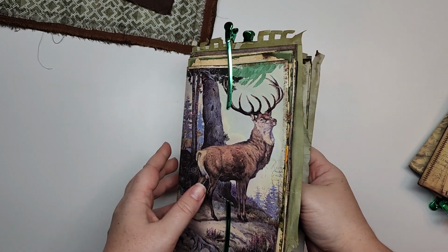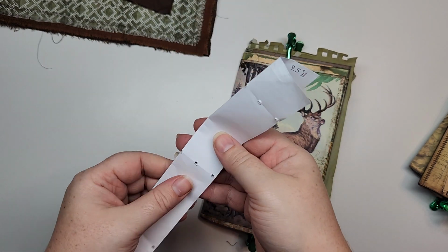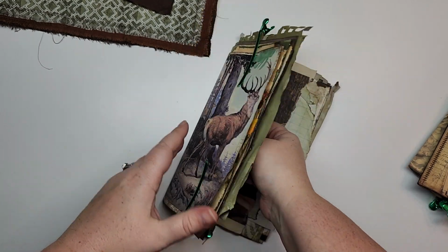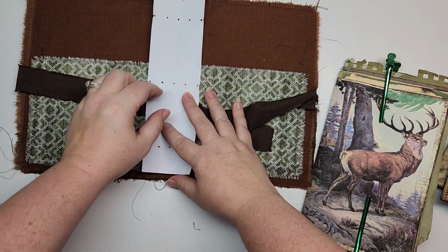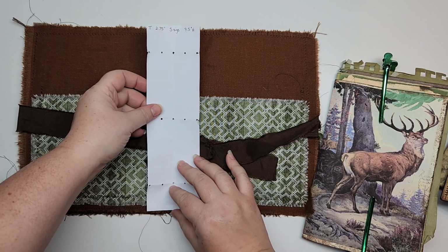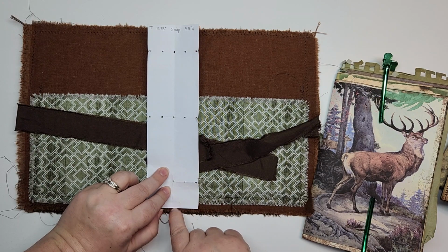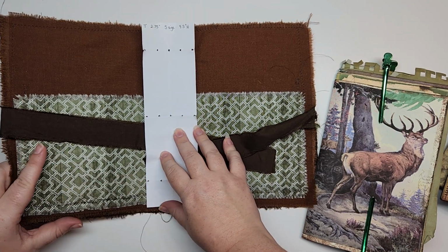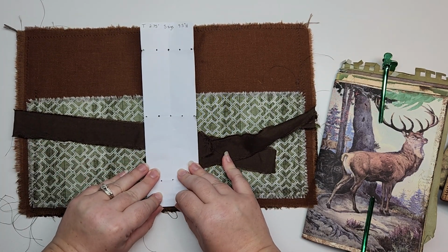So, starting with the very first signature, we're going to take this guide and fold it in half, just like you did when you made it. Now the trick to this is, when I lined it up on here, I don't care how tall my cover is, if the paper doesn't go all the way to the top, always line it up at the very bottom of your journal. So this is a paper bag journal. I'm feeling where the paper bag stops because that's the support and that's where it's going to sit when it's standing up. I put this to the edge of that paper bag,